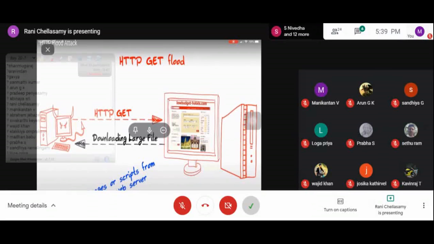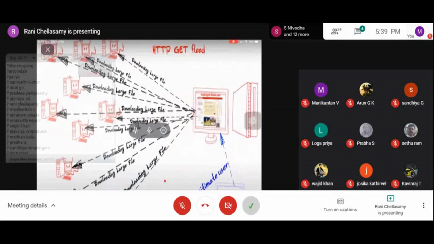Now see in this picture, there are many requests sent from the attackers requesting to download a very large file from the web server. So this is the GET flood.